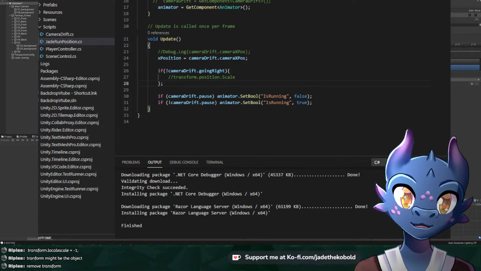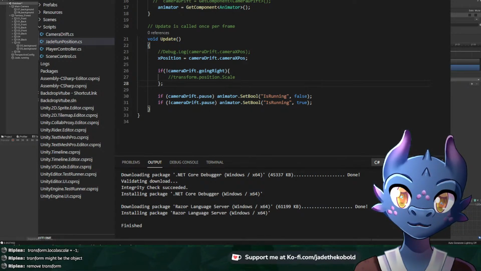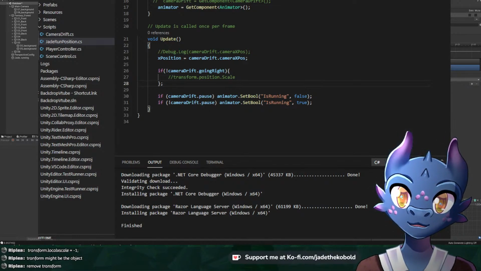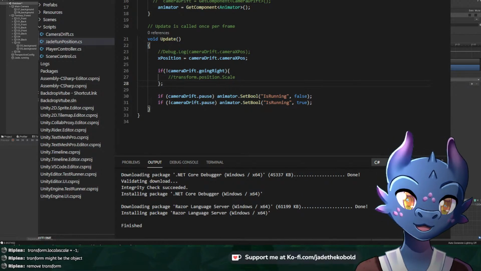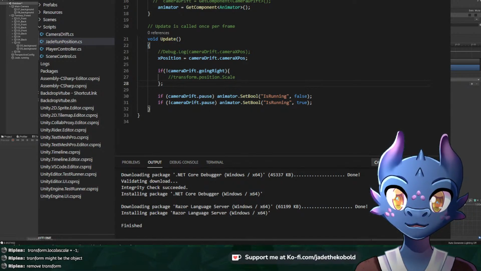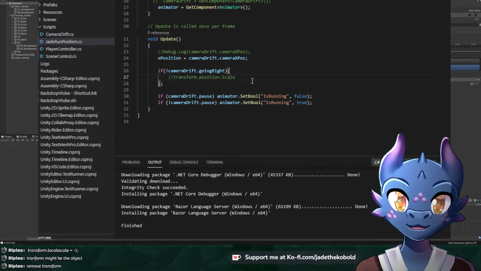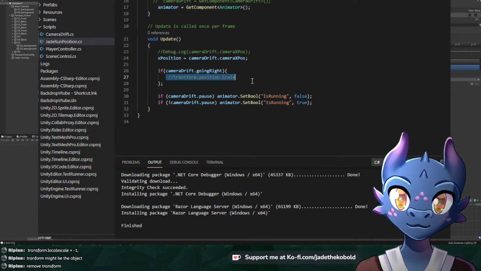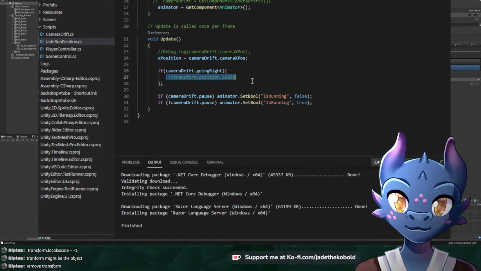Animator. Add a new int. No, I don't want an int. Get out of here. Add a new boolean. Going right, which defaults to true. I just did that in Unity on the animator window, and now I'm gonna come back in here and say if camera drift going right, then